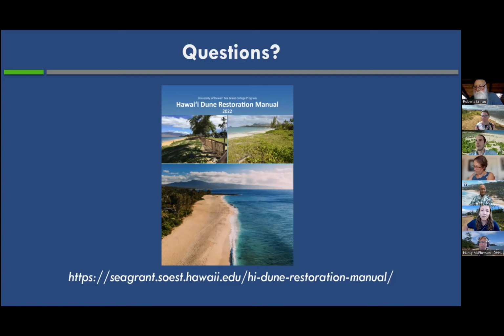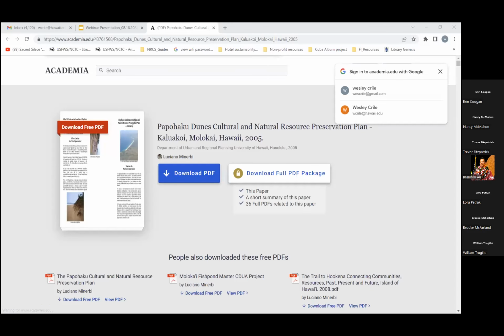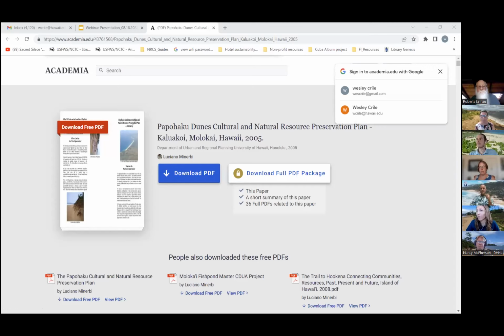Any others? I haven't looked to see if anyone's hands are up. I don't see anything. If there aren't any other questions, I would suggest that this is a great time to sign off. And Wes, you are still screen sharing, by the way, so you might want to stop share. We can see your academia search. Gotcha. I was just looking at